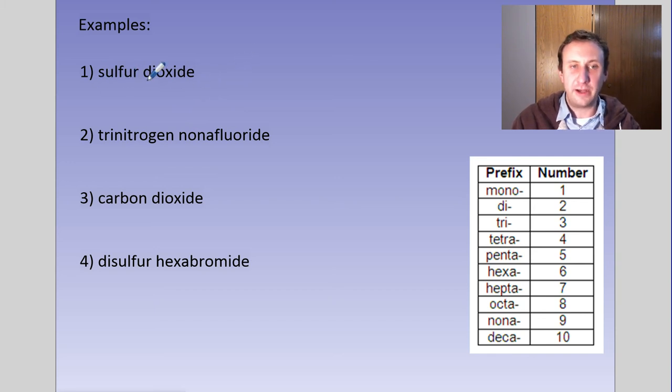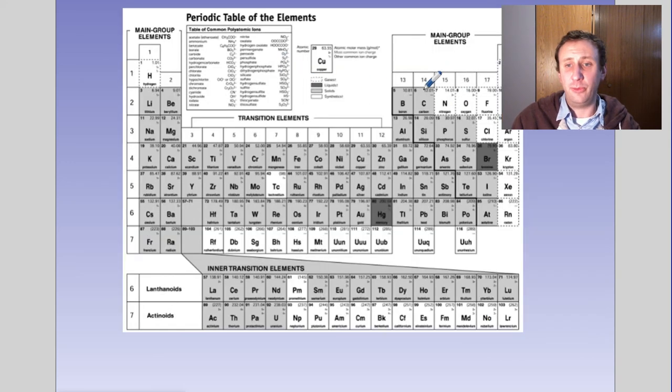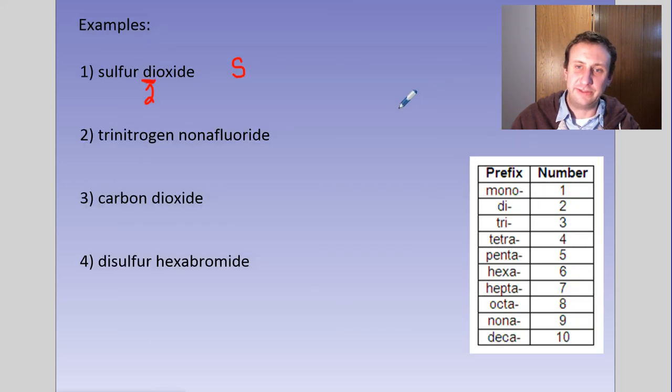So, sulfur dioxide. I notice I don't have a prefix here, but I do have a prefix here. So this means 2 for dioxide. So I'm going to be doing S for sulfur, and I would look up the symbol on the periodic table if you forget. Remember that for this, I'm only looking at the nonmetals, so there aren't that many you have to look at right now. Makes it really nice and easy. So sulfur and then dioxide, I have O2, 2 because of the di. Now I need to put a state on there. This is actually a gas. It's a tiny molecule,